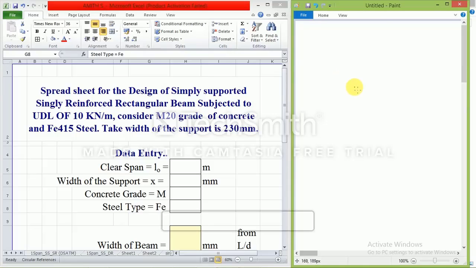Side, I am going to do it manually. The obtained values I am going to enter here. Finally, I will just cross check the values between the two. So here is the question.